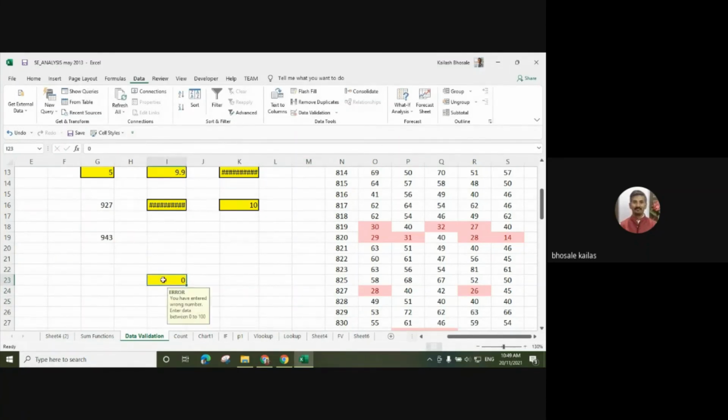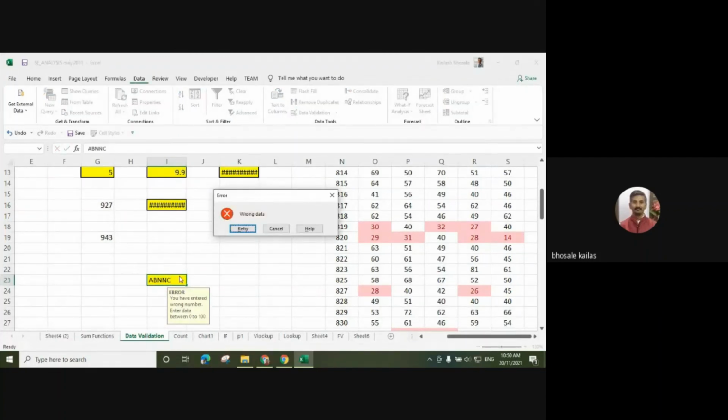When I enter the value 0 here, it is not giving any error to me. But when I enter any other value like any text, then it will show the error, wrong data. We have to retry it.